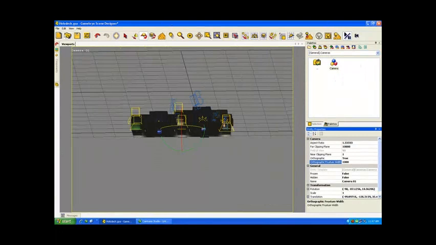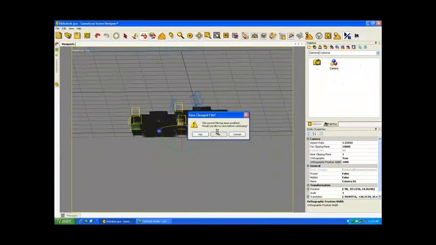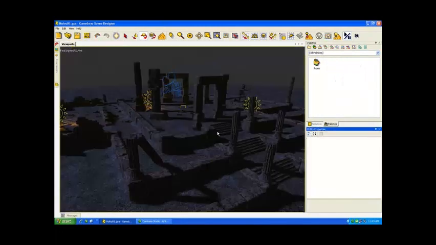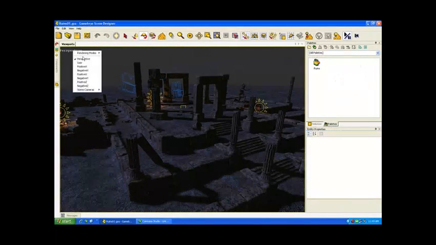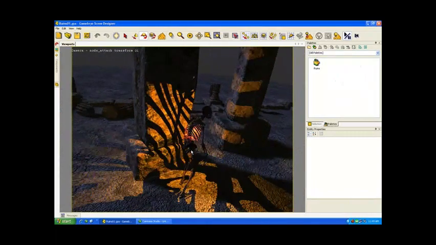One last thing I wanted to add was to show an inherited camera that's attached to something in the scene. So if we bring up the ruin scene, once it loads up, we will see that there are multiple cameras in the scene, and one of the cameras, as you can see, is moving around the scene. So if we switch to that camera, it's a camera that's following this particular